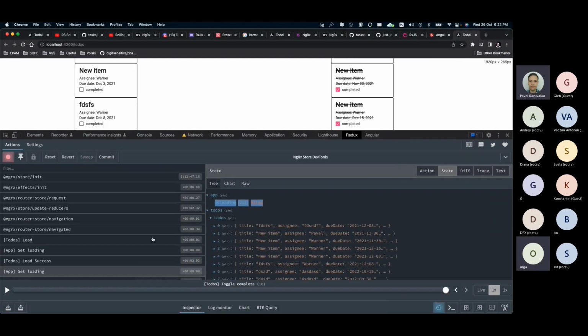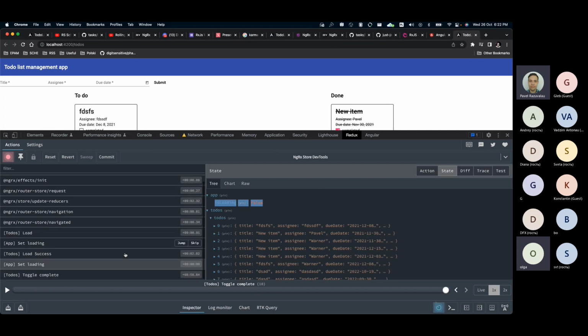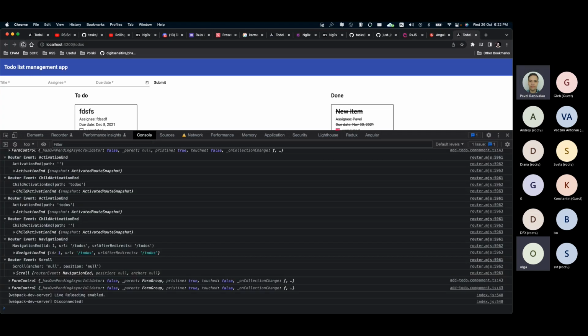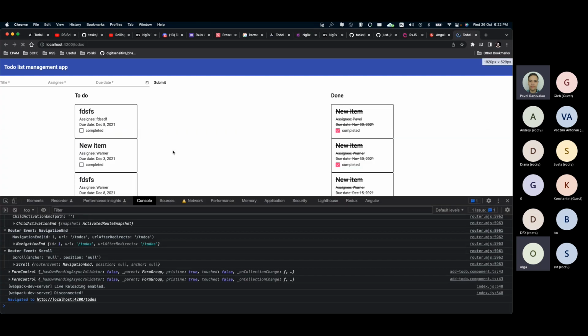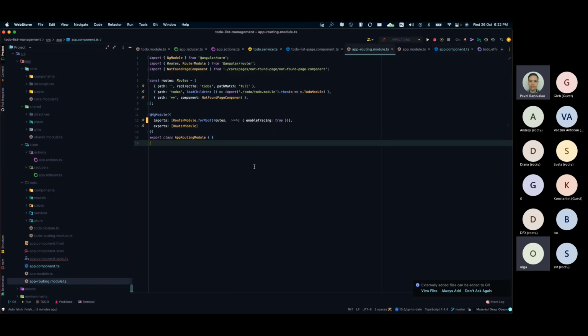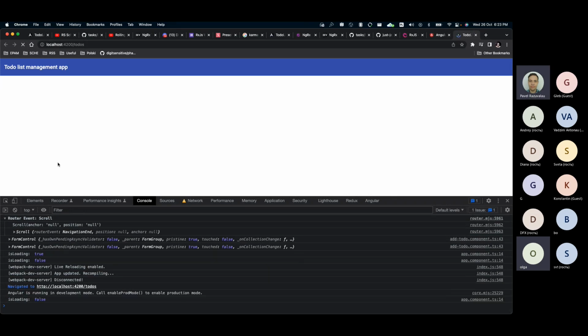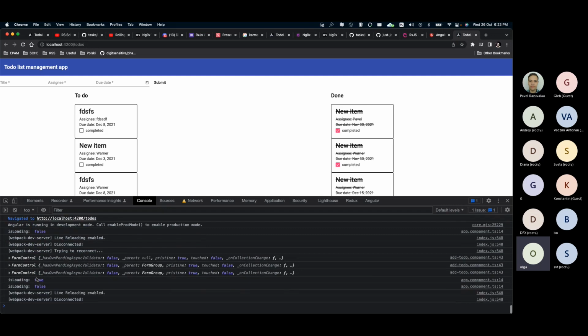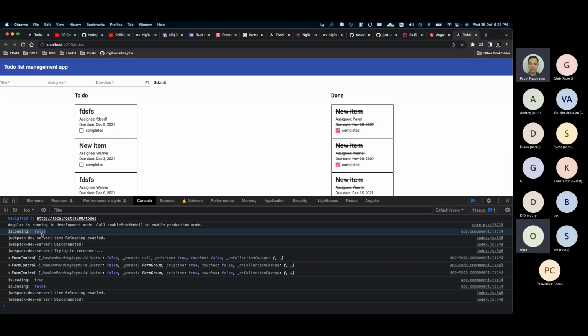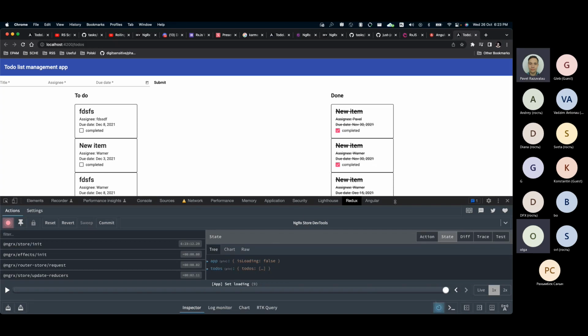So when we cause the loading flag to change, whenever we submit a new to-do, for some reason it's disconnected each time. I don't know why, but maybe also let's disable tracing for better printing. That's really interesting. The app gets recompiled and then the web server disconnected. But anyway, okay. We see that isLoading firstly sets its initial value. Then it becomes true whenever we are fetching our to-dos from the backend, and it becomes false whenever we are done with fetching. And also, whenever we're